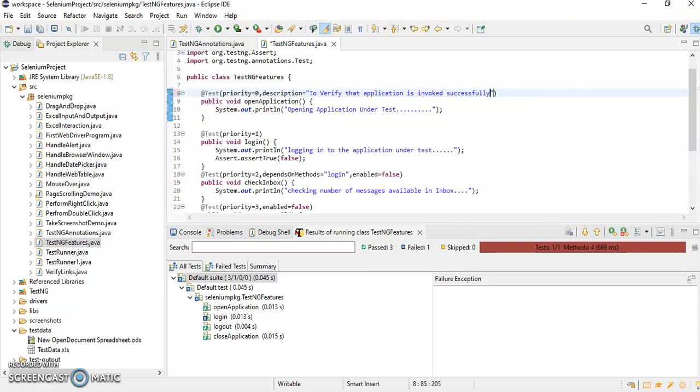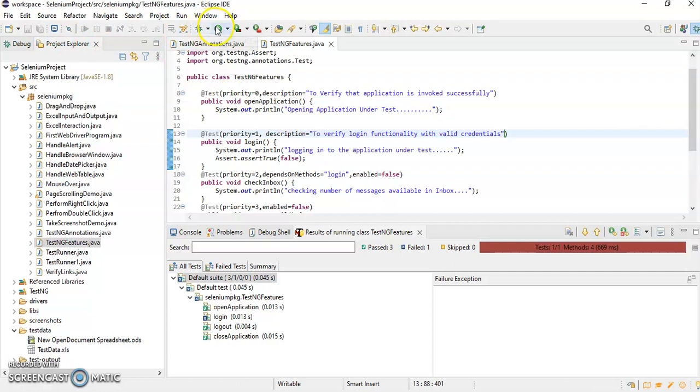Okay, in login also I can write say description to verify login functionality with valid credentials. Okay, so like this we can provide description.